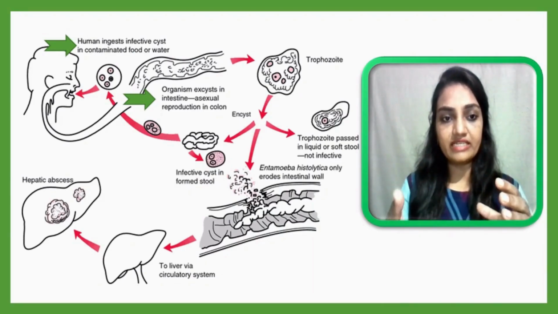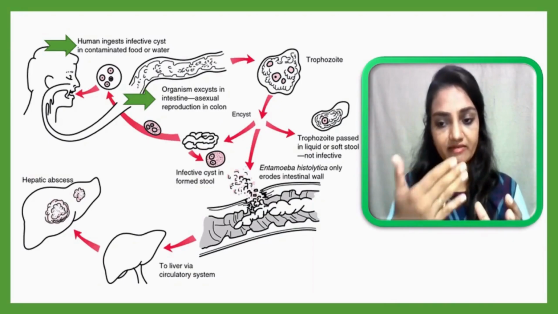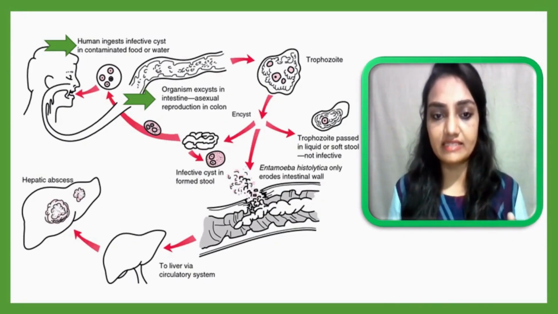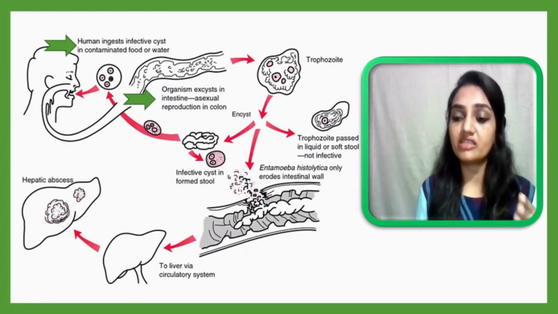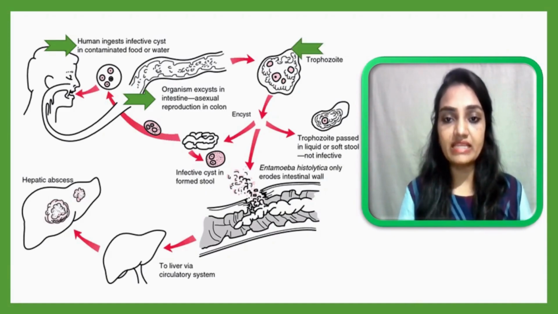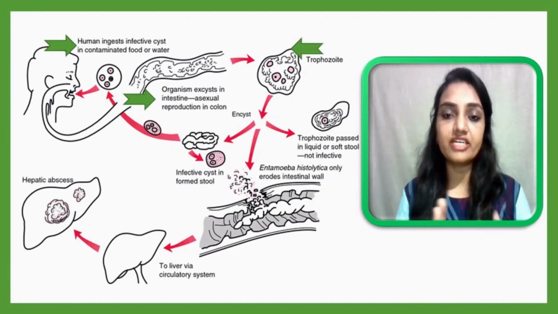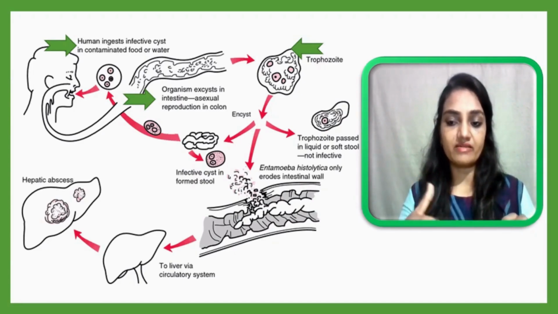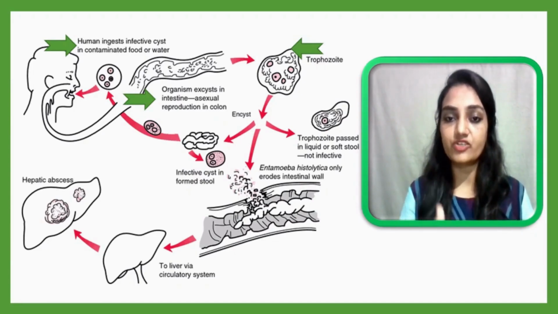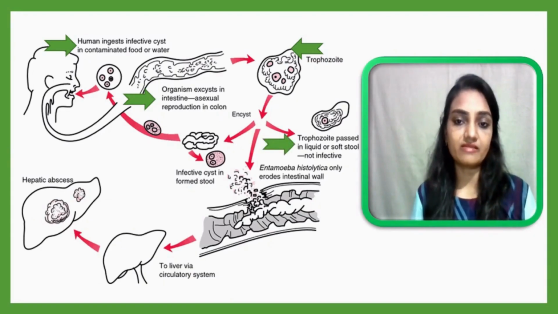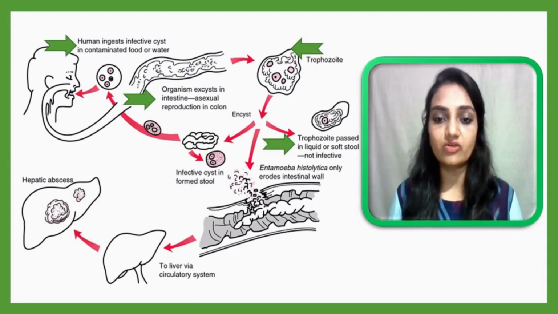First of all, the cyst is ingested, then excystation will occur inside the large intestine, and asexual reproduction in the colon, which means these organisms will asexually reproduce in the colon, and then they will convert into a trophozoite. This is one stage in between. Entamoeba histolytica will have one stage, the trophozoite, after excystation, and then this trophozoite will